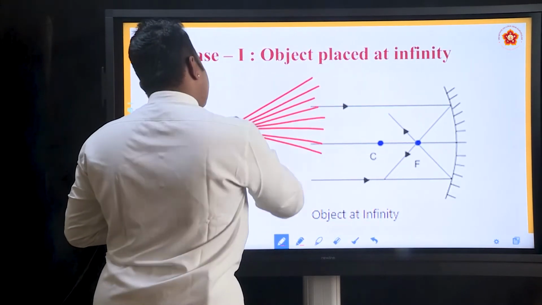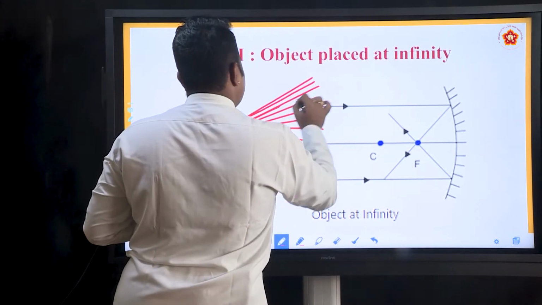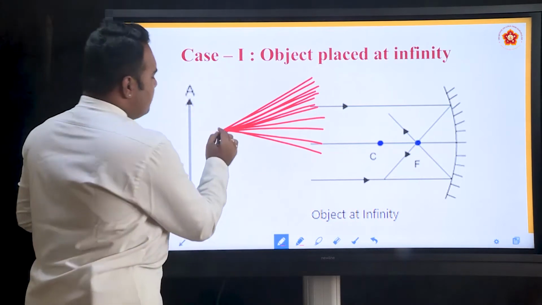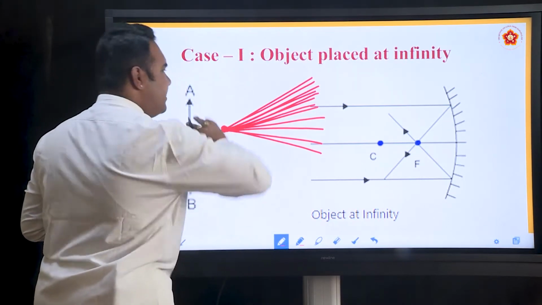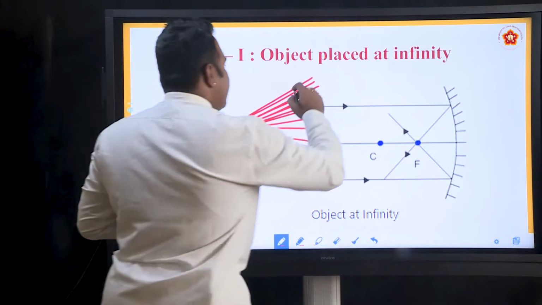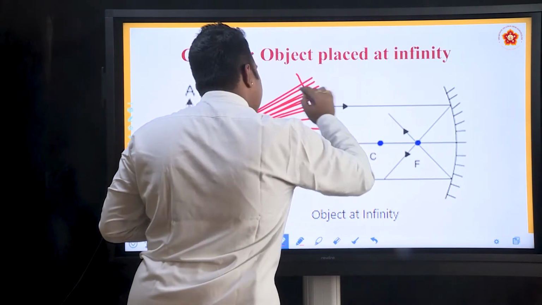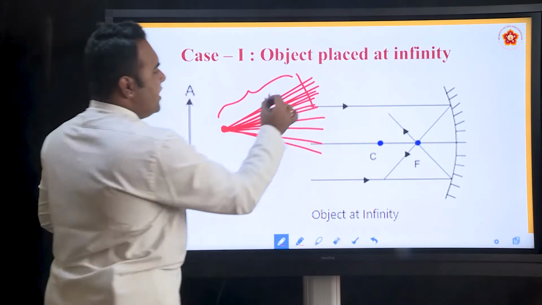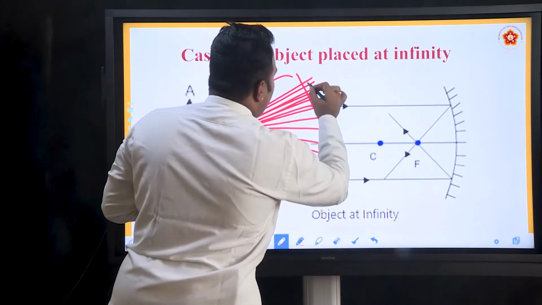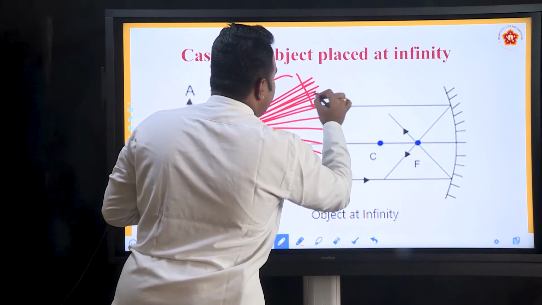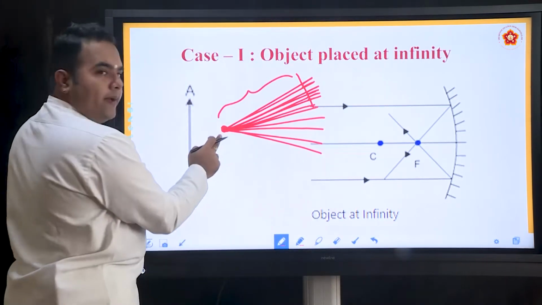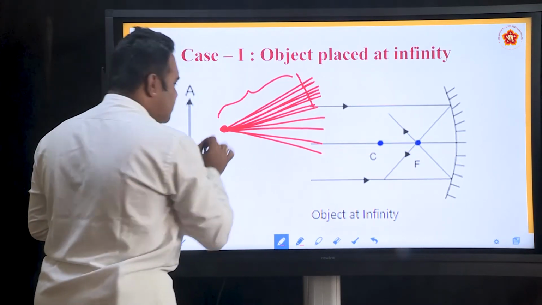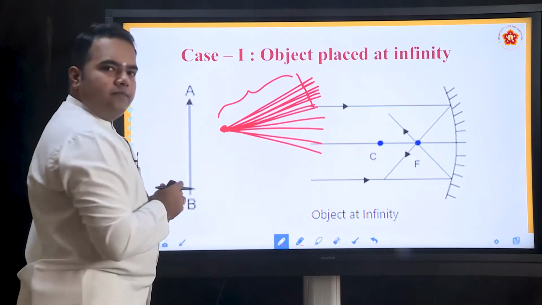Now, there are many rays of light. In between, the density will be quite huge. Now, from a single point, these rays of light are emerging. But if you focus only on this part, after traveling a very large distance, we can approximate that all these rays of light appear parallel, though they are not parallel. They are different rays of light emerging from the same source.